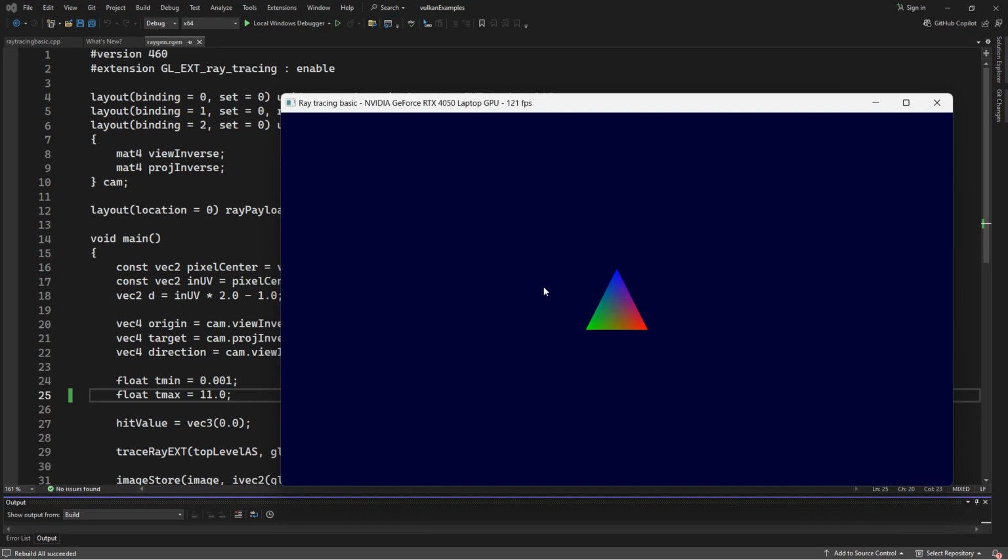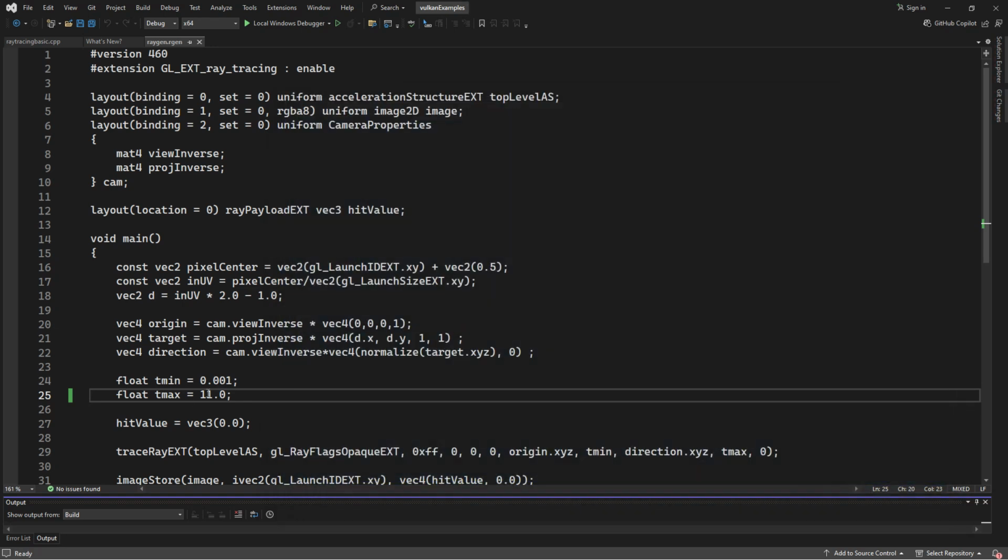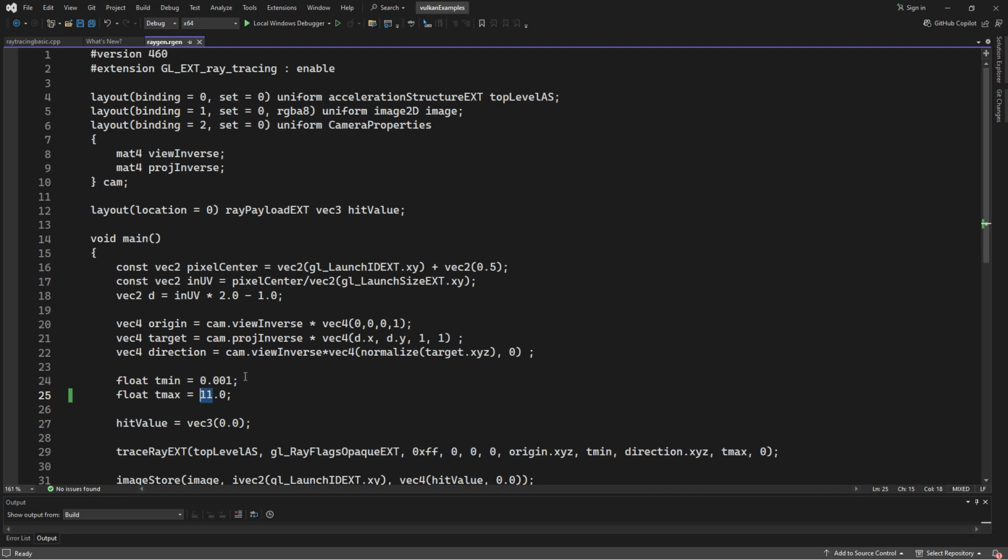So that's at 11. Let's try 5, all right? Let's get back on track. So we're going to try 5. I don't know, I'm getting this weird error still, but